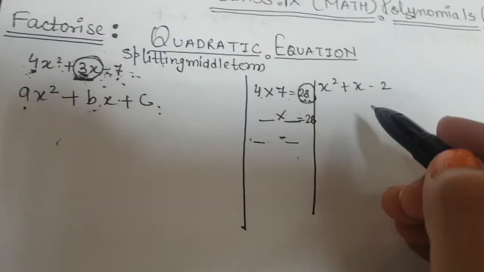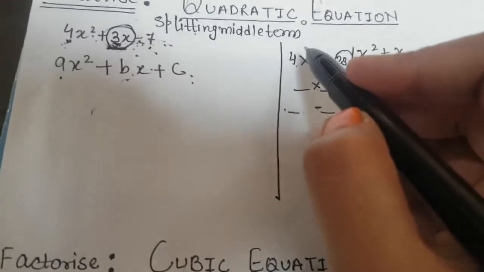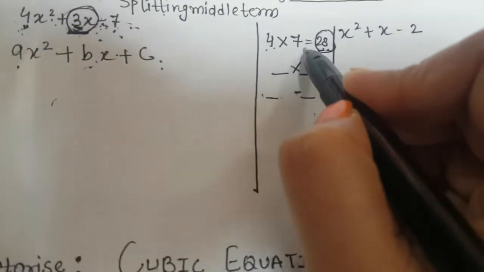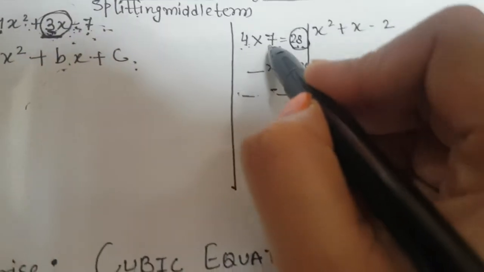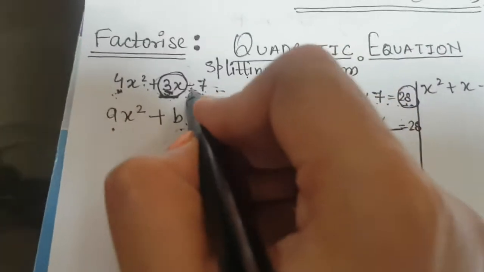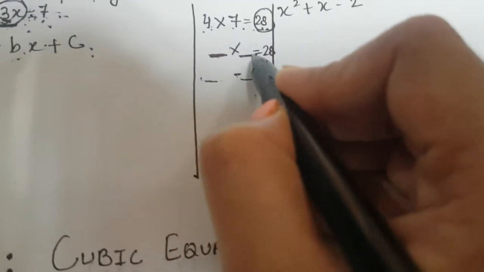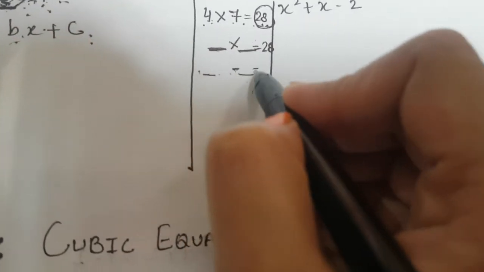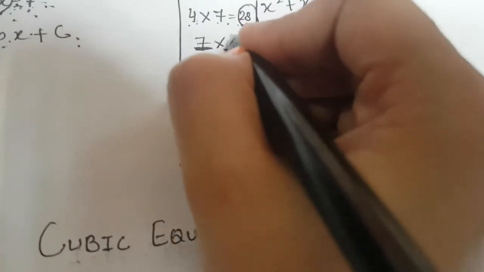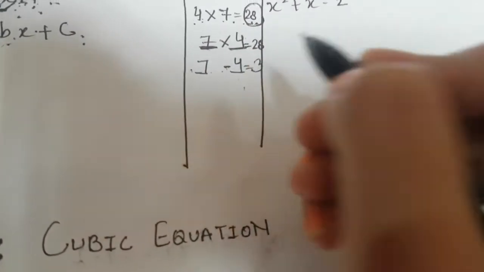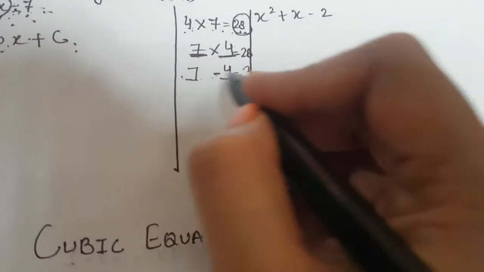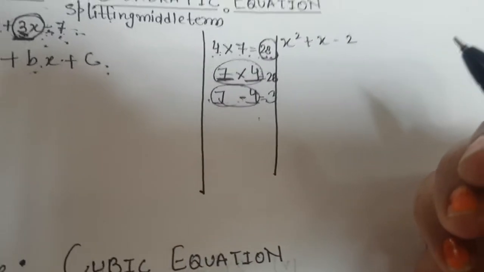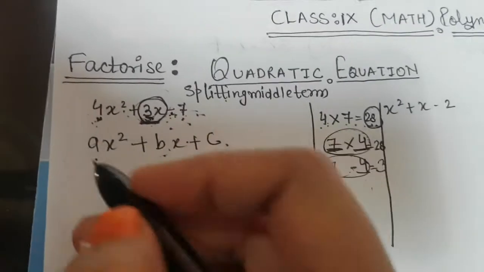Is it clear or not? Because this is very important. Again I am telling, first multiply the number of the first term and the number of the last term. 28 is coming. Then see this sign. Now you have to think of two digits whose multiplication should be 28 and subtraction should be 3. So I think 7 into 4 is 28, and 7 minus 4 is equal to 3. 7 में से 4 माइनस करेंगे तो 3 आएगा. So these two numbers are satisfying both conditions. So we will split 3 into 7 and 4.